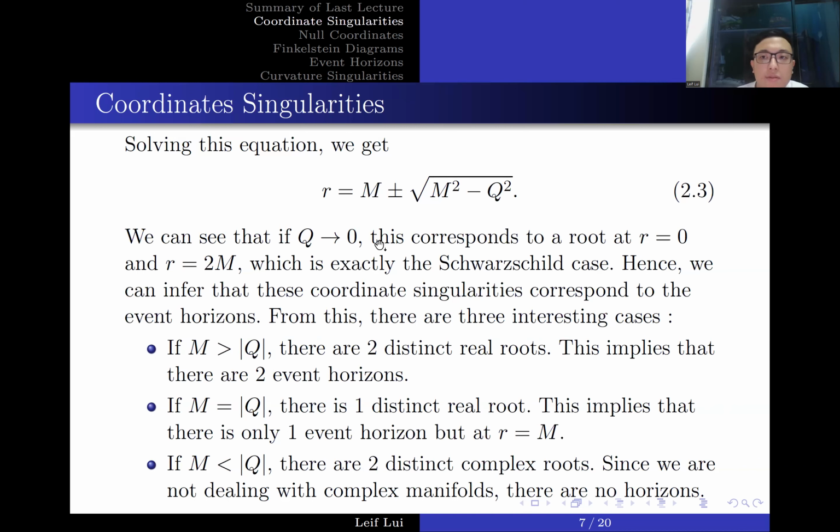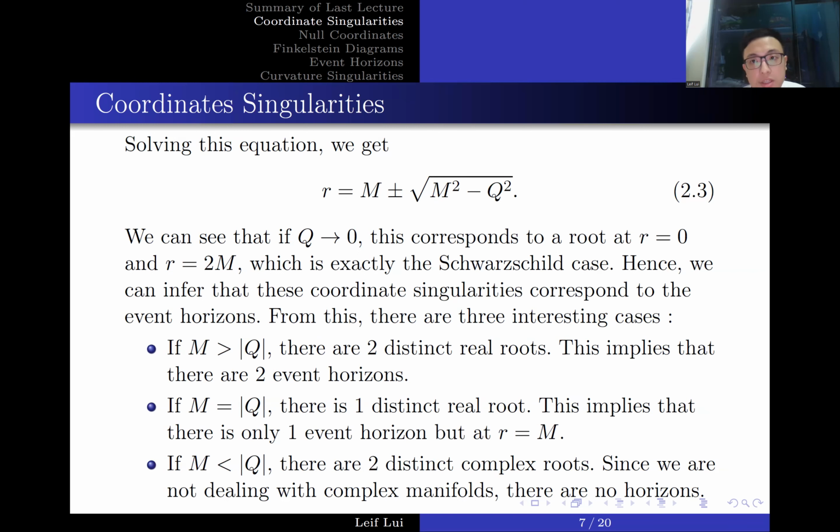So we can see that if Q tends to 0, this corresponds to a root at r equals 0 and r equals 2m, which is exactly the Schwarzschild case. And hence we can infer that these coordinate singularities correspond to the event horizons. And from this, we can find that there are 3 interesting cases. So the first one is that when m is greater than the absolute value of Q,